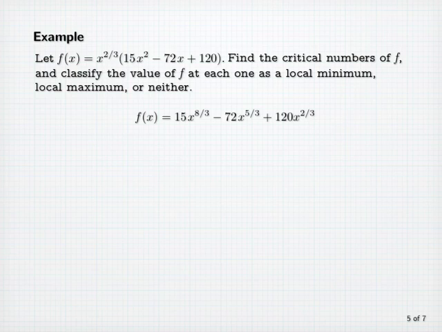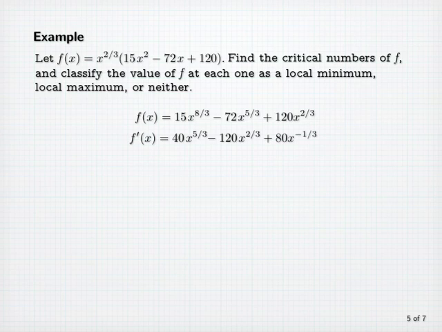of x as 15x to the 8/3 power minus 72x to the 5/3 plus 120 times x to the 2/3. By the power rule, the derivative of the first term is 8/3 times 15, which is 40, times x to the 5/3 power. The derivative of the second term is 5/3 times 72, which is 120, times x to the 2/3 power. And the derivative of the third term is 2/3 times 120, which is 80, times x to the